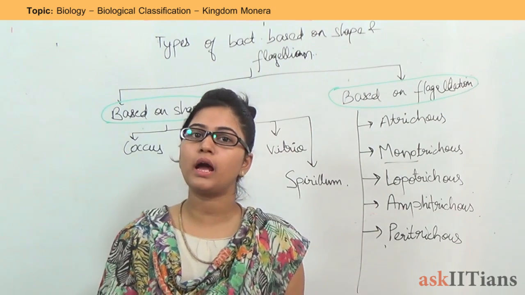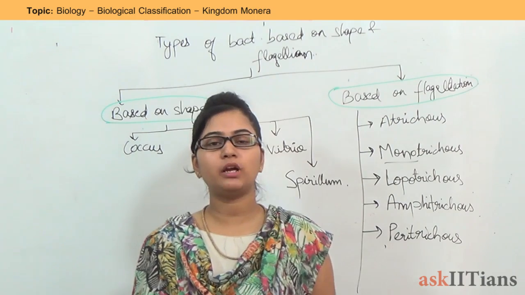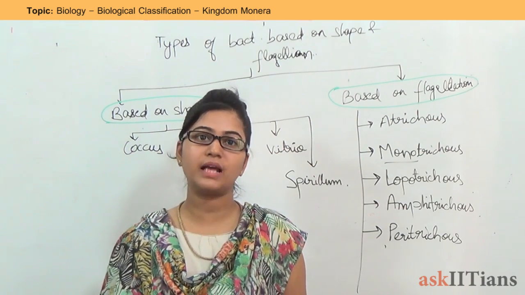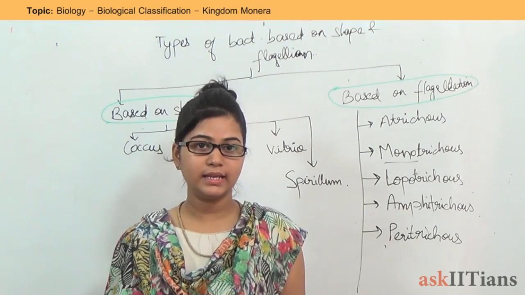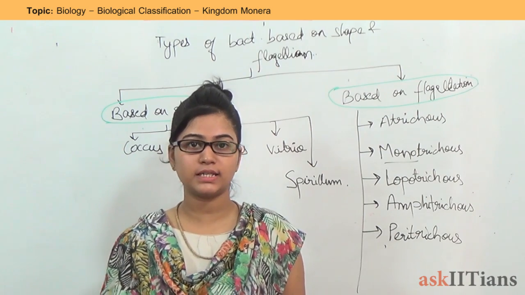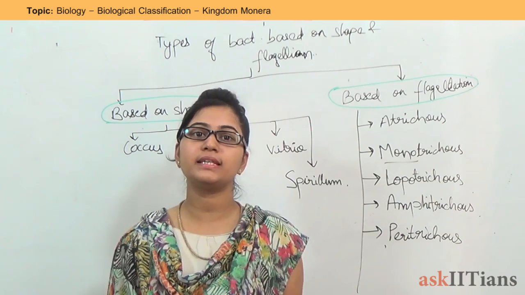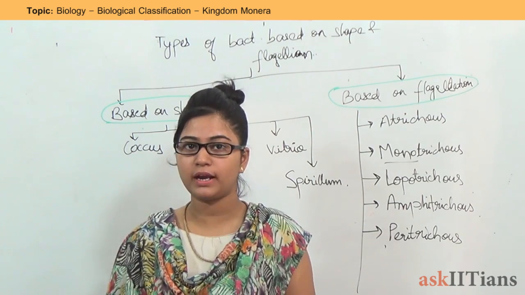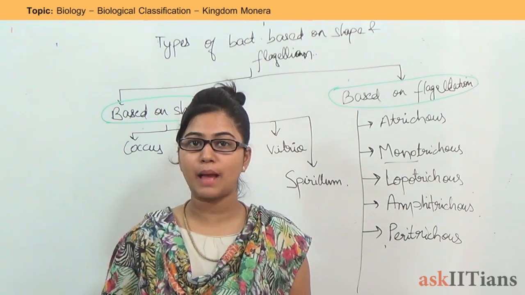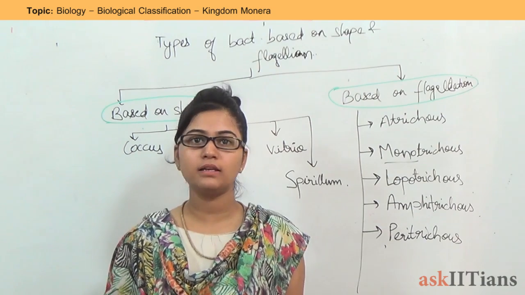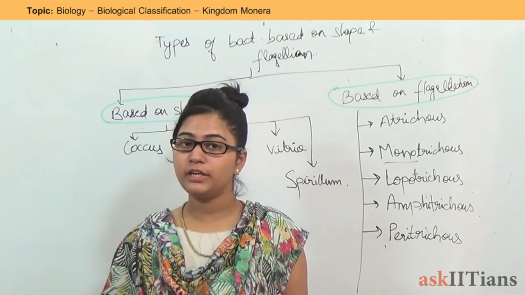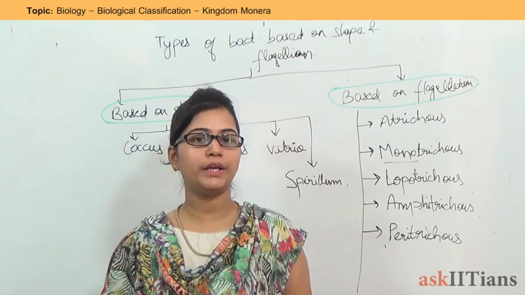So this was all about this chapter. In this chapter we have studied the types of classification, the categories based on which Whittaker classified plants. Then we discussed the basic characteristics of kingdom Monera. We learned about a few examples of bacteria and mycoplasma. In your next class, we are going to study